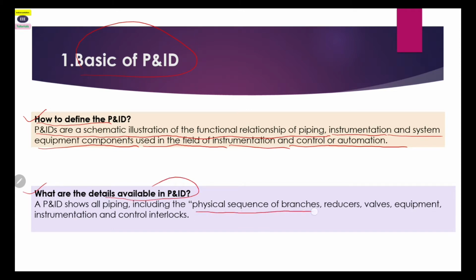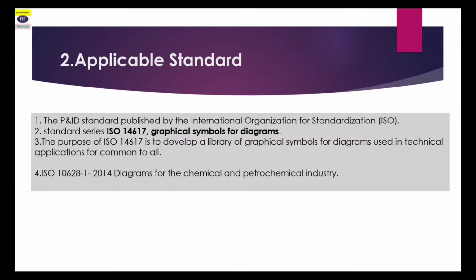So physical sequence of branches, reducers, valves, equipment, instrumentations and control interlocks are generally available in P&ID whenever you are referring P&ID. So this is basic of P&ID. Now the second point, it is very important. There are a lot of applicable standards available worldwide, where the first is our Organization for Standardization ISO,